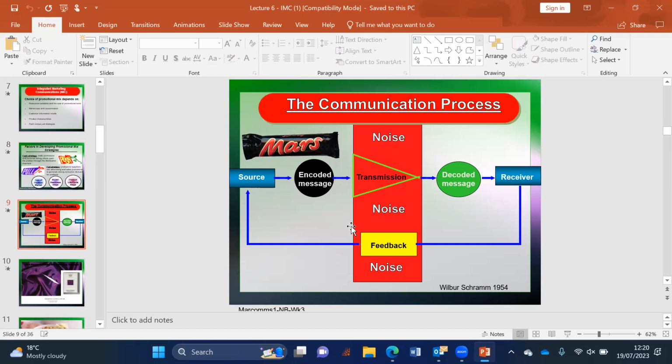As you can see, there's a lot of noise in between. The noise stands for distractions and distortions. For example, when we're watching a TV program, during the breaks between the programs, a lot of us don't tend to watch the ads. We just go on our phone instead. So our phone at that time is a distraction from the marketing messages that we're getting on the TV.